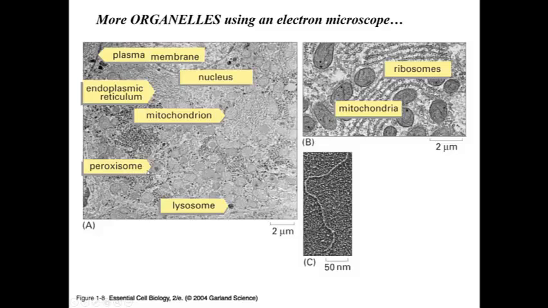and compartments like peroxisome, as well as the lysosome, which has lytic enzymes which help to break down materials inside the cell or that are engulfed into this and brought into the cell. The peroxisome has important peroxides that, if not compartmentalized, could be detrimental to the functions and the chemical reactions that occur in the rest of the cell. And then we also have ribosomes, these tiny dots studded along the ER here, that you can view. You would never be able to see them under a light microscope, but with electron microscopy they